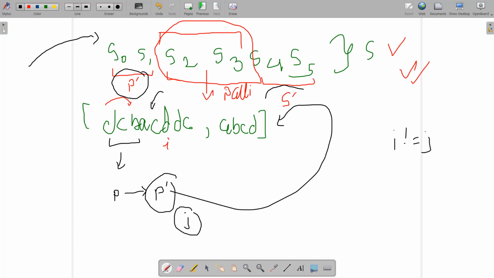So search for this P dash string, which is the reversed form of the prefix of my current string, whether it exists in my array of strings or not. Now you can see, yes, it exists.